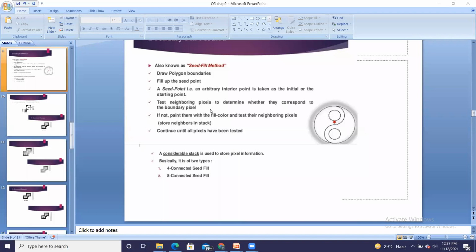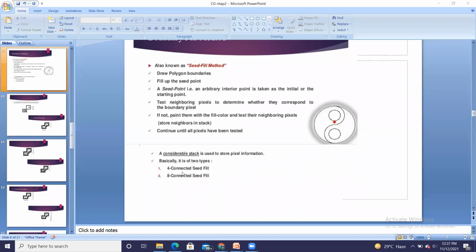So first the seed point is filled, and next it will search for the neighboring pixels. If they are of boundary color, then we are skipping it. And if they are not of boundary color, then we are coloring it with a specific polygon value. So that is the method we have seen for seed fill method.